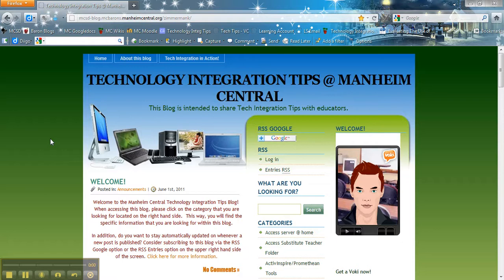Focusing on introducing Windows 7. Many of you have received a new laptop within the last year or so, and you notice that we're not using Windows XP anymore, but we're using Windows 7. So I just wanted to introduce some tips and tricks that you may already know about or that you might find interesting. The first thing with Windows 7 is that it allows us to snap our windows into a perfect